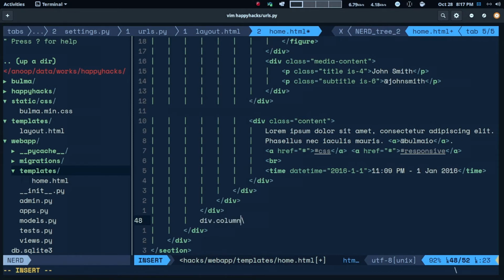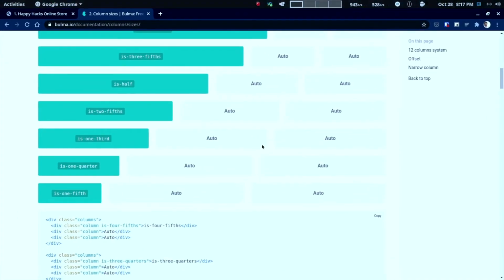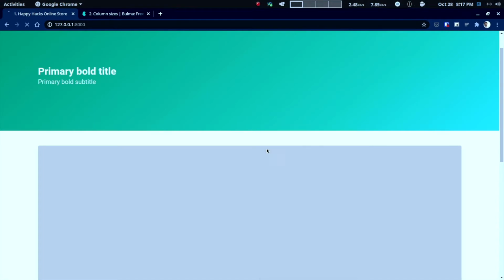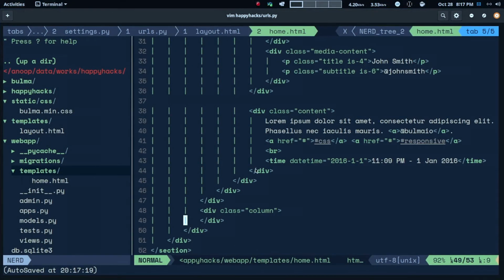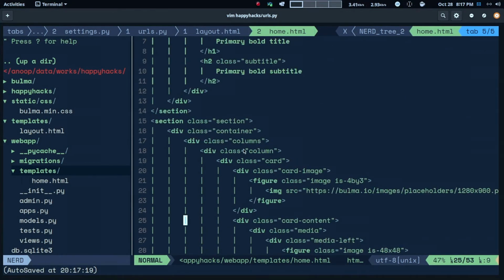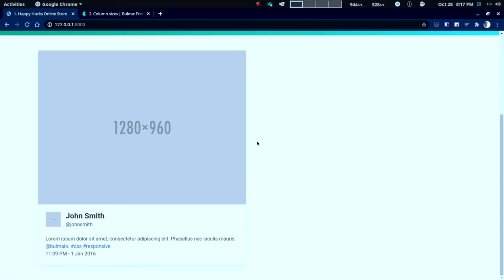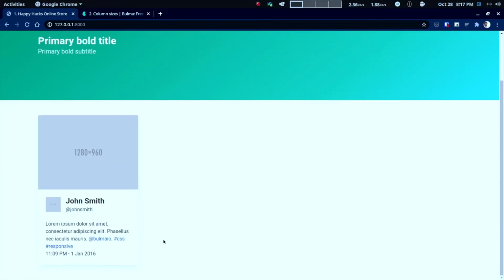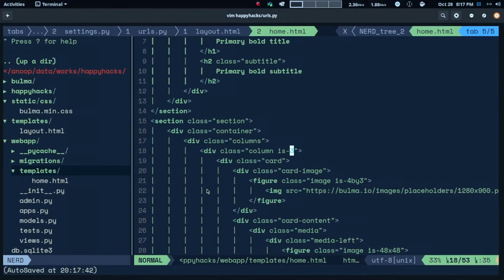Yeah, I would have some other columns there also. So there are two columns now, so it would be sized as 6 and 6. So if there are two columns inside columns, then it would automatically split it in half. So we can specify the size of this first column that the card is residing in, and we can specify that as 3, and it will shrink in size. Okay, that would be fine, I think. So now that we have a basic home page there,